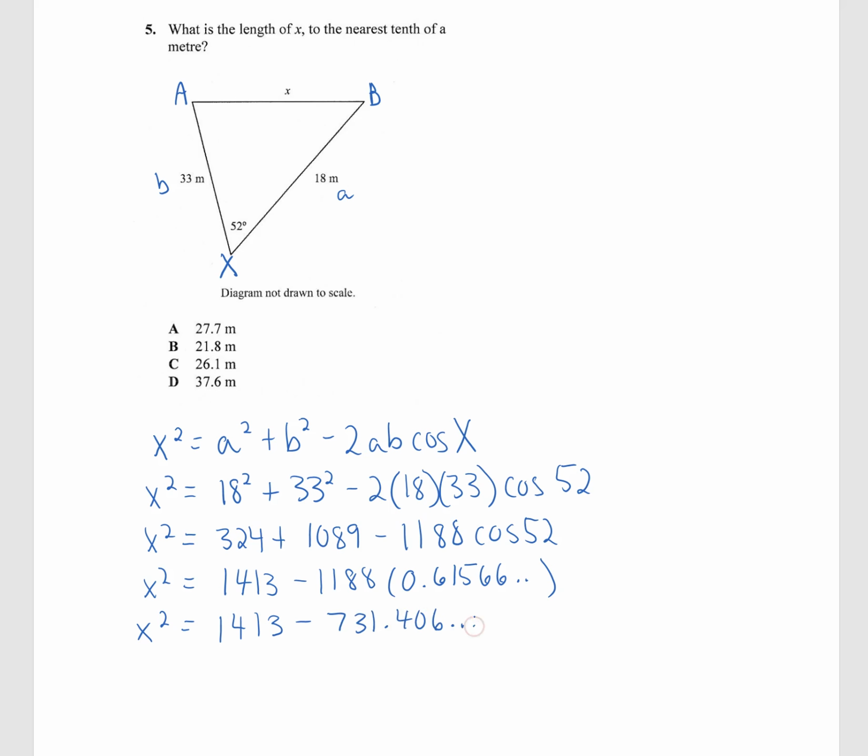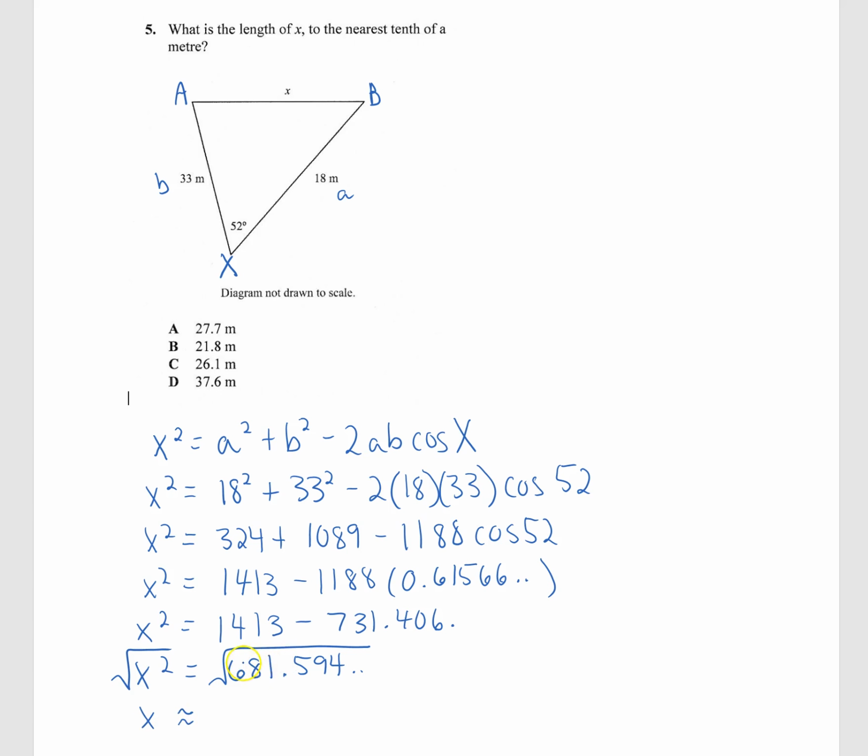Again, that decimal goes on. And now we want to subtract these two numbers. So we get x squared equals 681.594. Again, the decimal goes on,